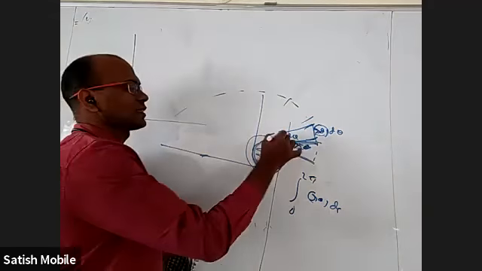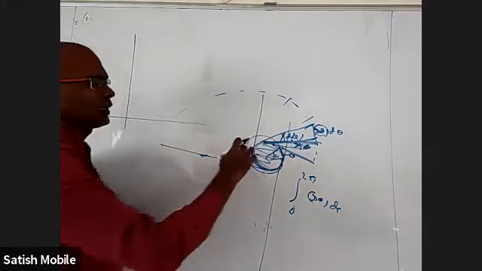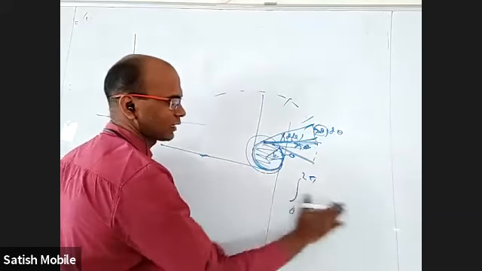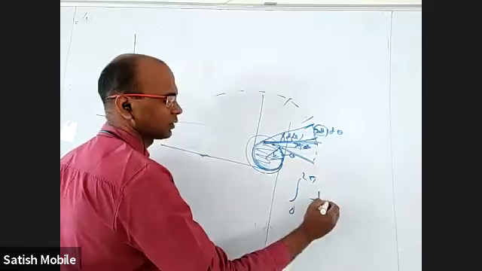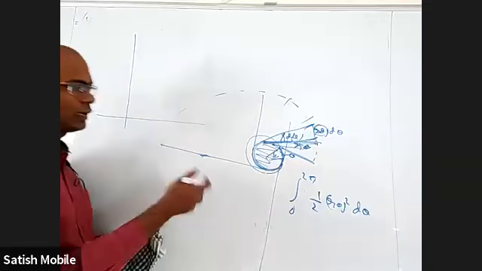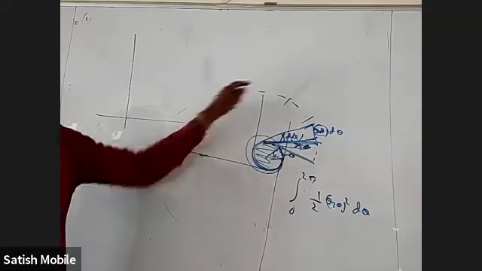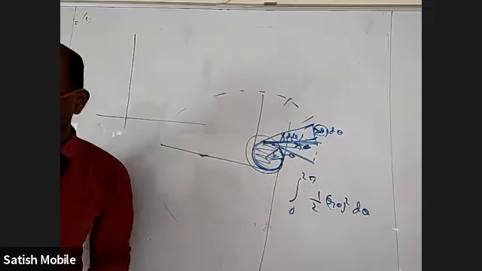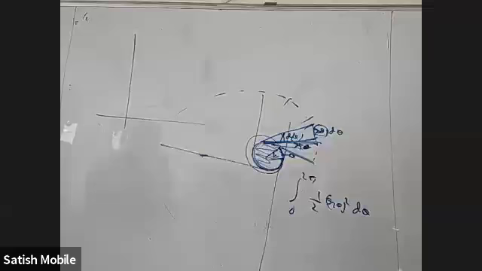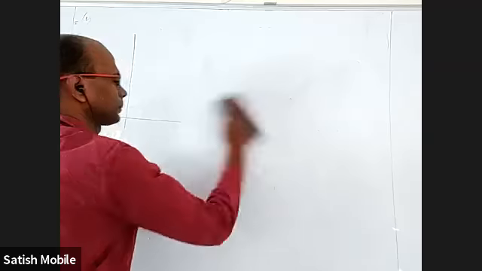Even if somebody wants the area, that is all these areas put together, then each sector area is half r squared theta. So based on that, half of r theta whole squared d theta, and integrate from 0 to 2 pi. You'll get the area that you covered. Anyway, there were a few questions like this in the beginning of first year physics, with a little integration involved.